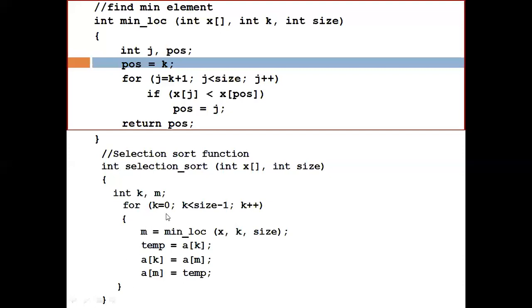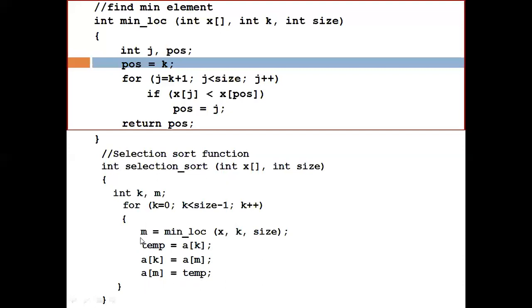In each iteration we ensure the appropriate value at the kth position. So this value, ak, the current value, and this minimum value will be swapped by these 3 lines of code. ak will be stored in temporary, and ak is assigned the value am, that is minimum, and am is assigned temporary.